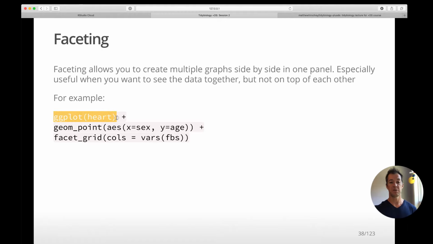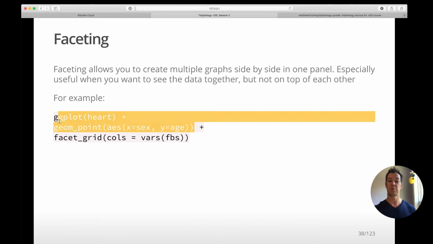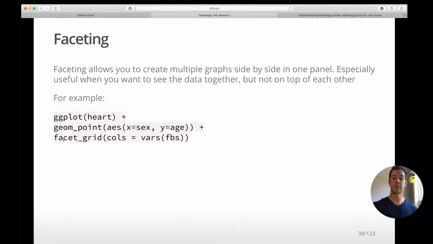We've got a ggplot of heart, and now we've got a geom_point, and we're looking at sex versus age. We've done this a few times now. This is now just going to be point. It's not going to be our jitter, and it's not going to be our box plot, so we're just looking at this point. But what we can do is use another layer, and this is called facet_grid. And facet_grid is then going to expect a couple of